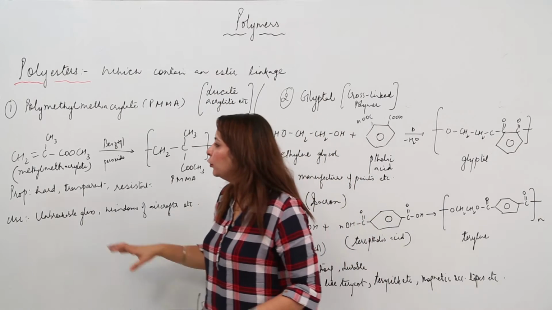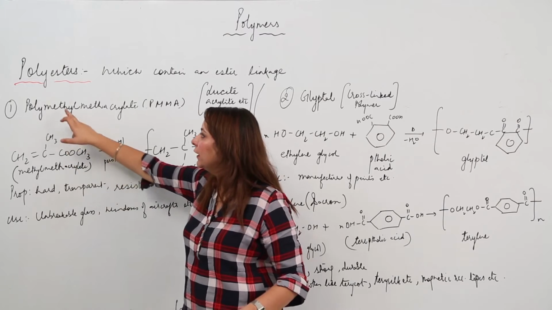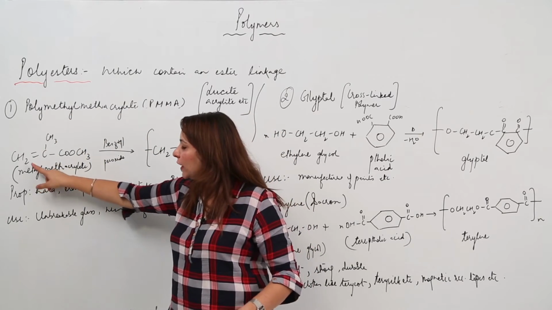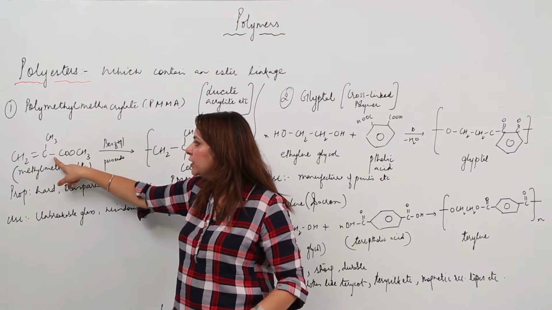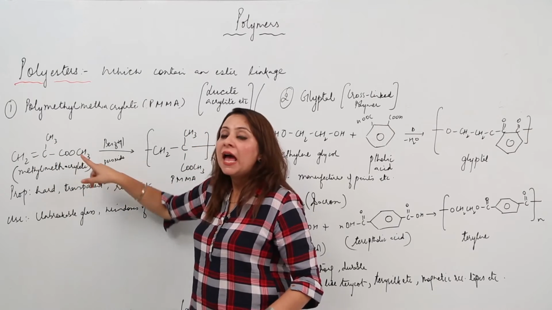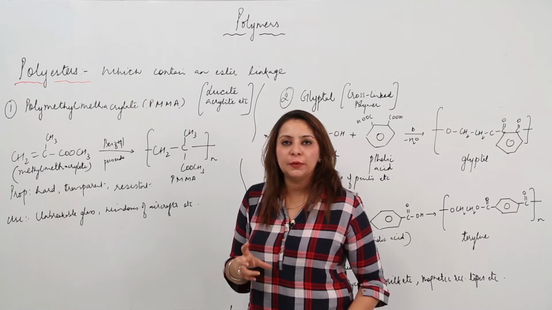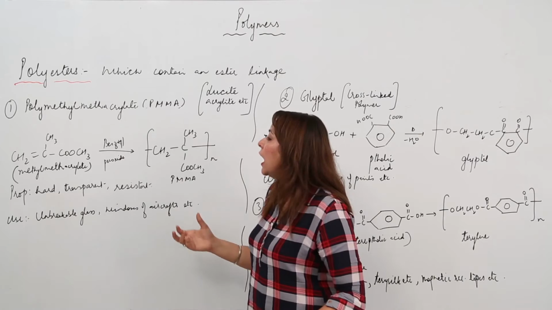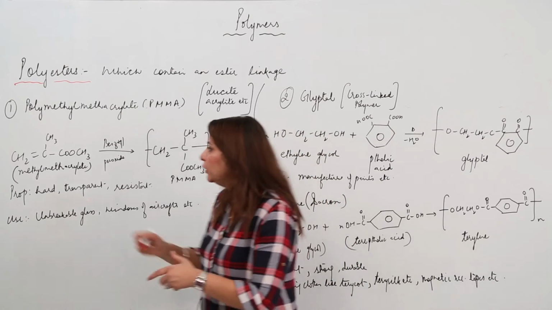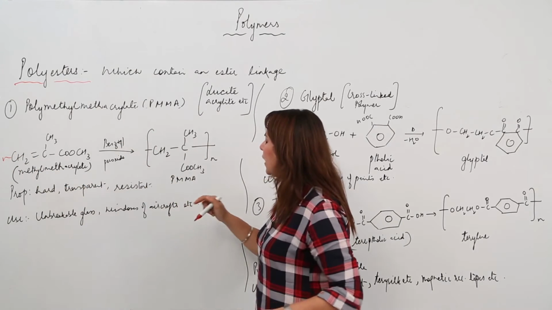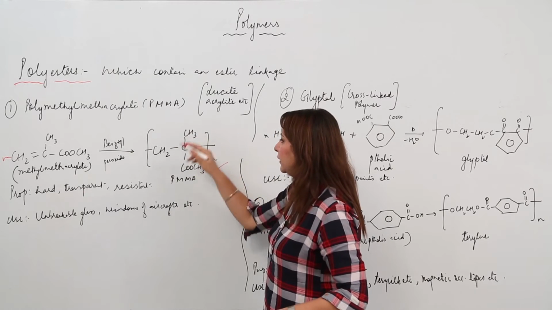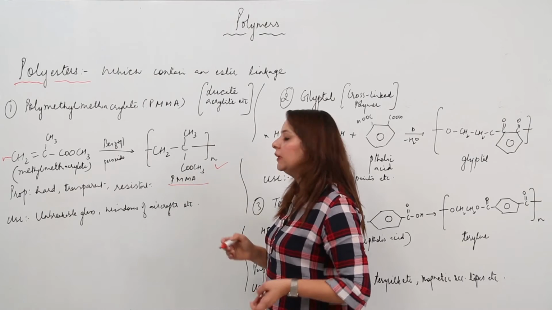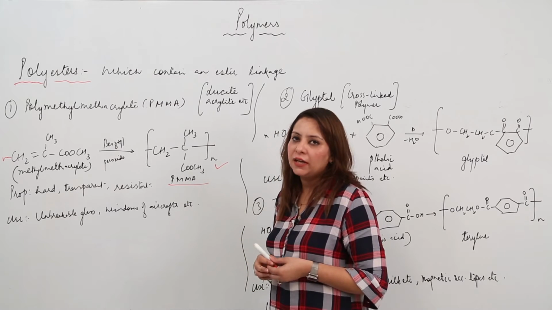It is formed from the monomer, that is the methyl methacrylate. Methyl methacrylate is the monomer, and this is the formula. As you can see, CH2=C(CH3)COOCH3. And it basically occurs in the presence of organic peroxides like benzoyl peroxide, and it is a kind of addition polymer. So when you take N monomers, they add up, forming a unit which keeps on repeating throughout the length, and it forms a polymer, that is PMMA, polymethyl methacrylate.